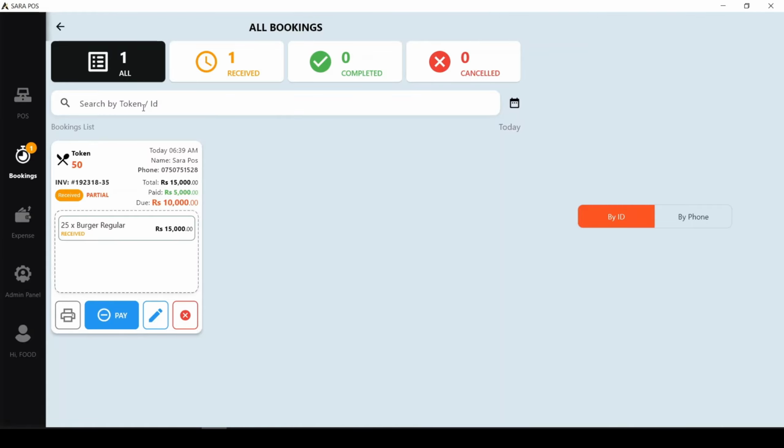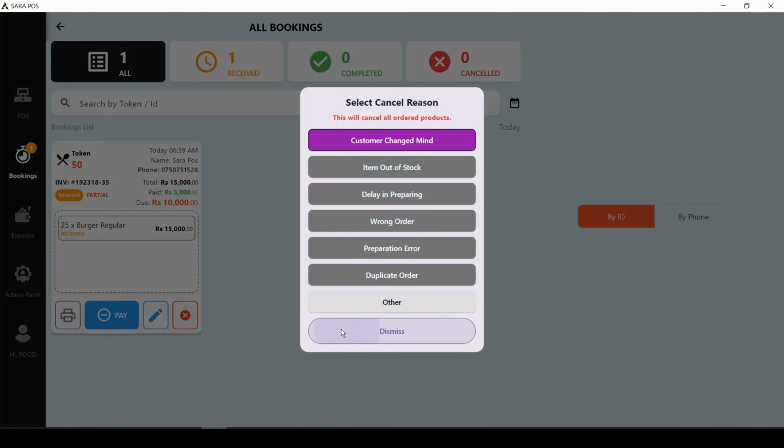Inside the booking screen, you will also find options like Receive Payment, Edit, and Cancel. If the customer comes back to complete the payment, you can click Pay and settle the balance. If any item needs to be modified, you can use the Edit option. If the order needs to be cancelled, you can use the Cancel option based on